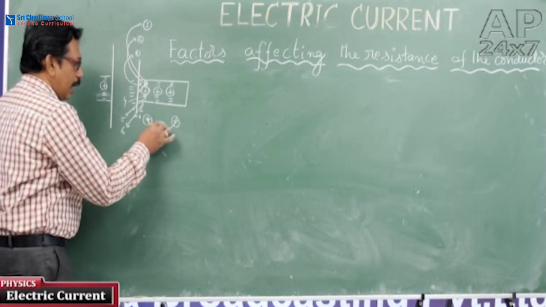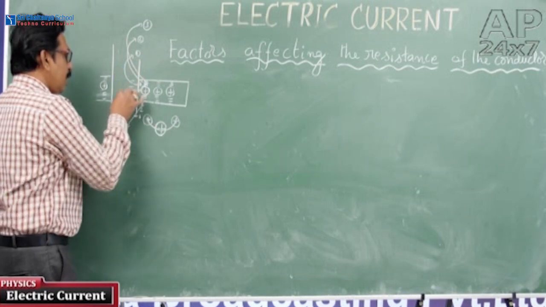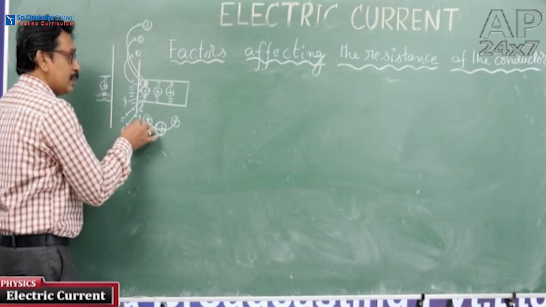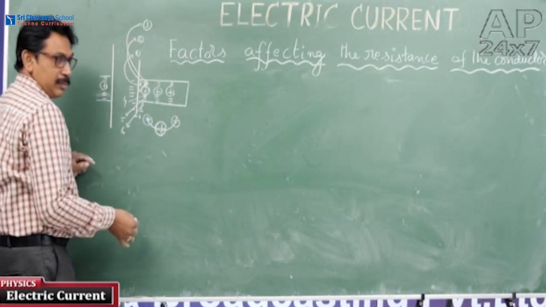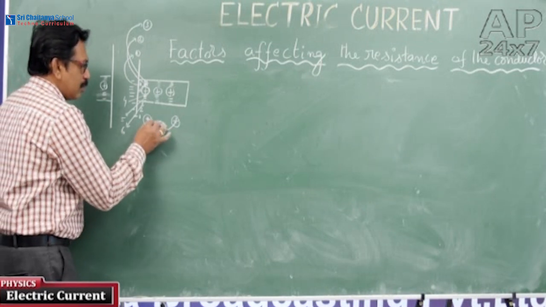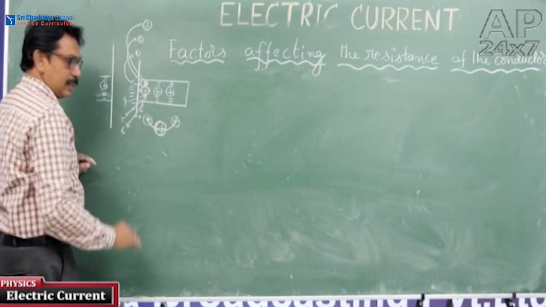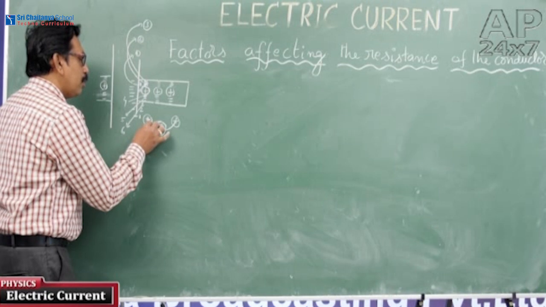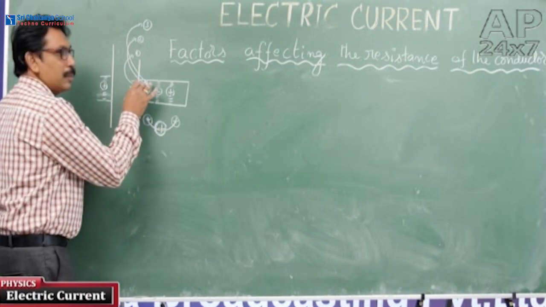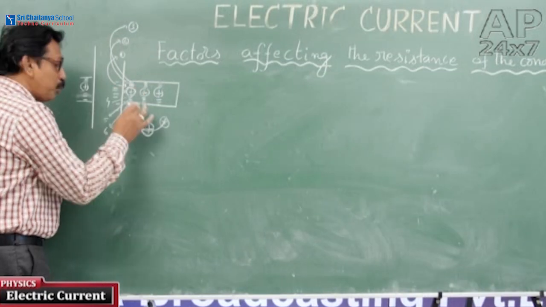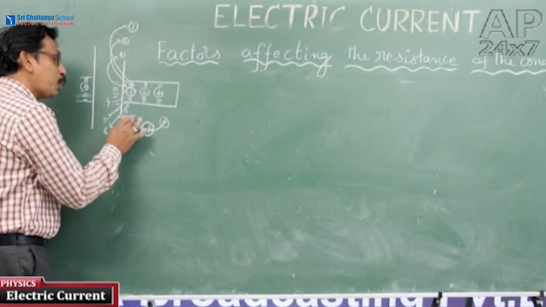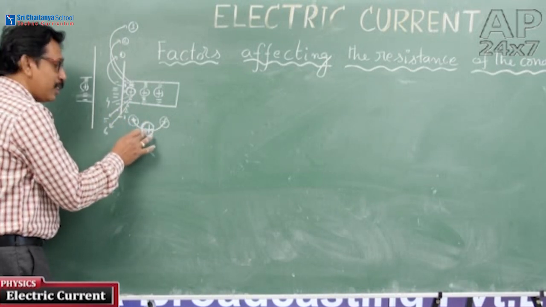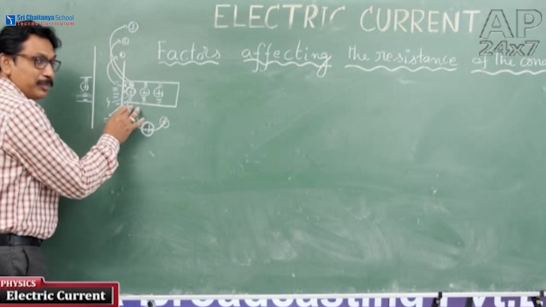Now, under potential difference condition, under room temperature, the core ion vibrates like this. During this vibration, the core ion will move towards position number 1. If room temperature is increased, it will go to position number 2. If room temperature is increased further, it may go to position number 3.